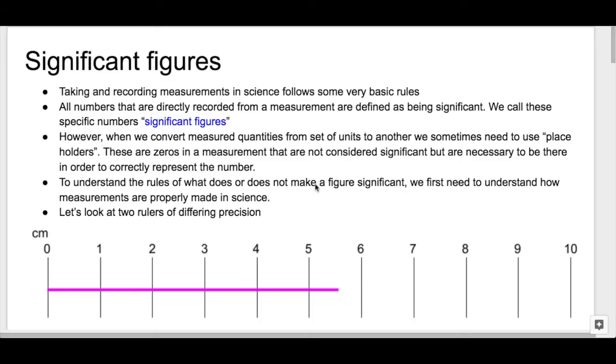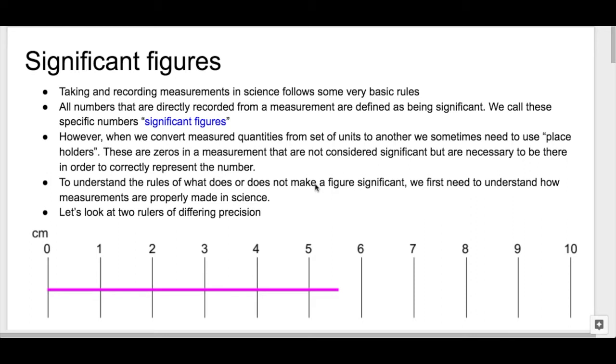One of the most important aspects of science is experimentation. And experimentation means that, generally speaking, we're making observations that involve recording numbers or measuring values of some variety. There are, however, some basic rules that we need to follow when making these measurements. All numbers that we take directly from a measurement within an experiment are what we define as being quote-unquote significant